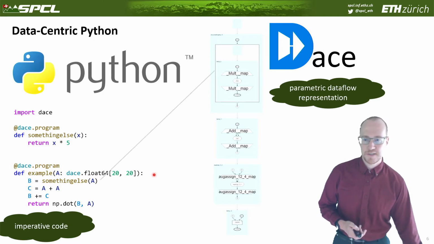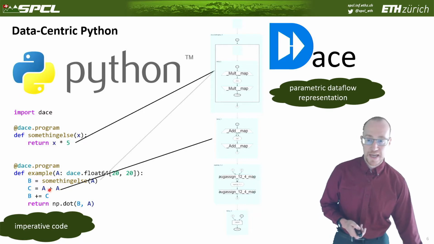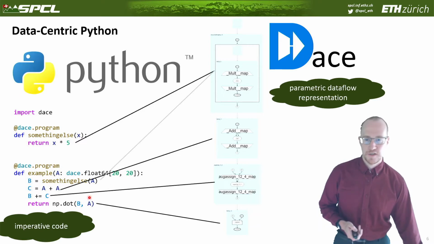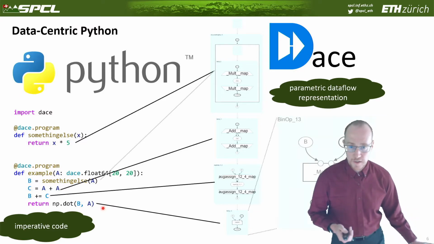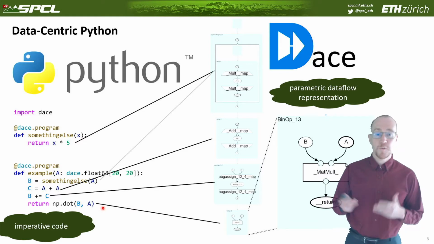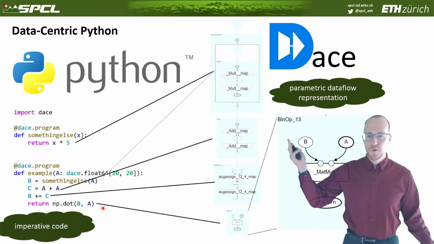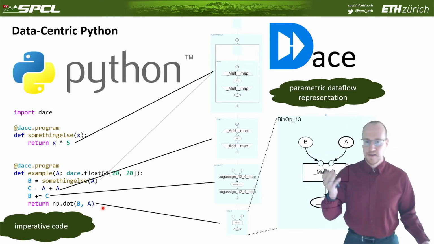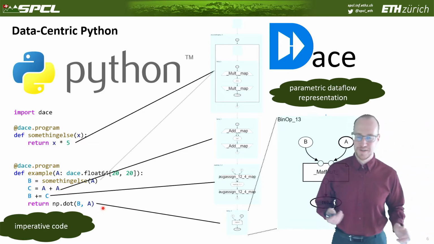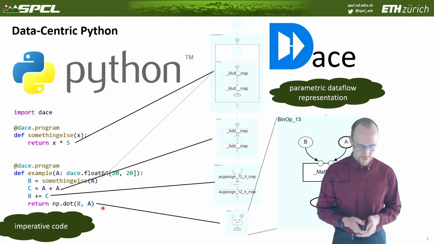But each of those lines, basically, you can see here, each of those statements turns into one of those blue boxes with a lot of internal structure, because these statements are non-trivial. If I say A plus A, you can see A is an array of 20 by 20, so that's a matrix addition here. That is another matrix addition, and then there is actually matrix multiplication down here, which we implement as a so-called library node, and I will talk about this a little bit more. But what we see for each of these statements, we have certain input arrays, in this case B and A, and output arrays, in this case the return array, which is made up essentially because that's a logical name for whatever is returned from the DaCe program.